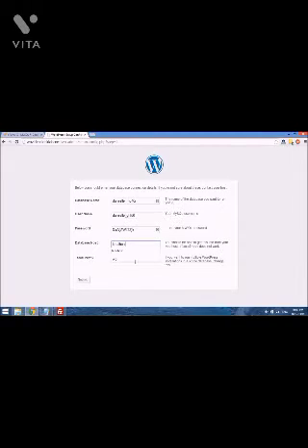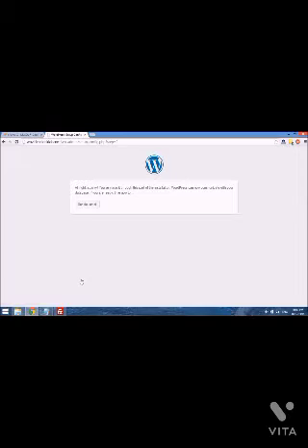But if you enter this and it doesn't work, then you will have to contact your hosting company just to find out what it is that they use as their database host. But in 99% of the cases, this will work. And the table prefix, now you could just add a few letters and numbers just to customize this as well. And as you see, the little note here says it's useful if you want to run multiple WordPress installations. So I'm just going to go ahead and select Submit, and we will just get this message that says, okay, you made it through this part of the installation. WordPress can now communicate with your database, and you just run the install,